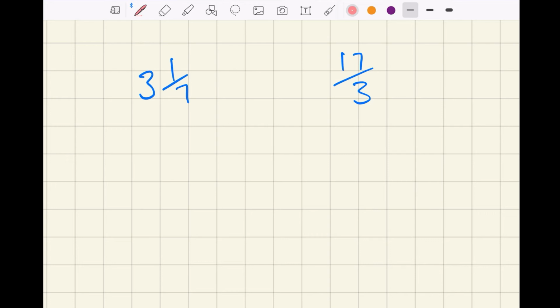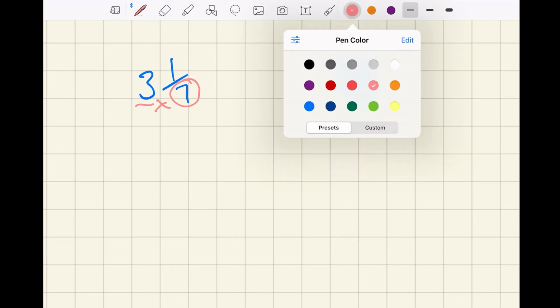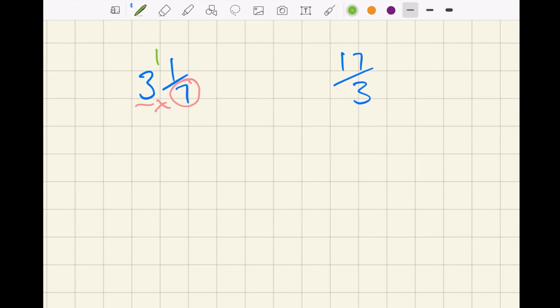Well, division is the reverse of multiplication. So in order to recreate that original question, we're going to use multiplication, all right? So this is the process. You take the denominator and you multiply it by the whole number. Then you add the numerator, which is kind of the remainder. So if I do that process, 7 times 3 is 21, plus 1 is 22, so I get 22/7, and you'll remember that when we did it in a diagram, that's the answer that we got, 22/7,